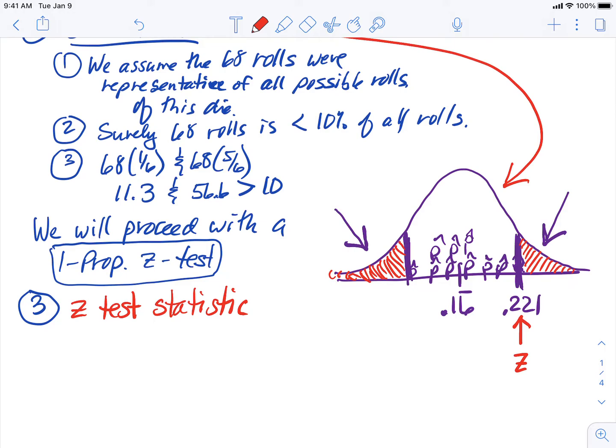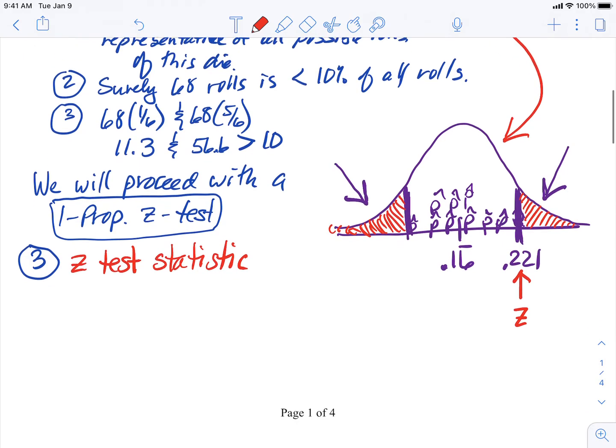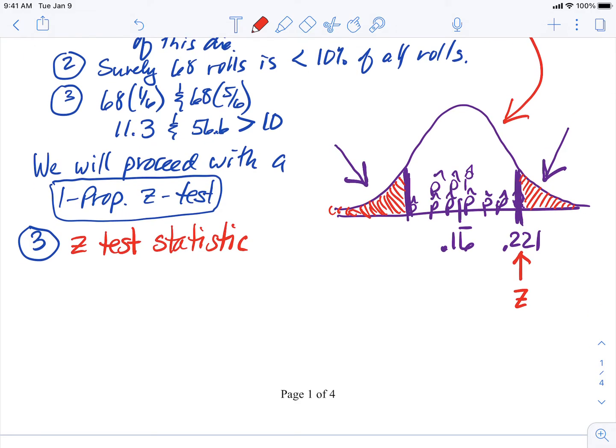So let me write out what it is. I'm trying to show you all the steps just so that you know all the things that are going on behind the scenes. So the z-test statistic is really just a z-score. So if you go back to chapter 2, I think it was, when we learned about z-scores, you calculate a z-score by first finding out how far away from the mean you are. So the formula would be, we would take our p-hat, that's where we landed, and we would subtract the mean of our distribution, which is p, and then we would divide by the standard deviation for this sampling distribution,